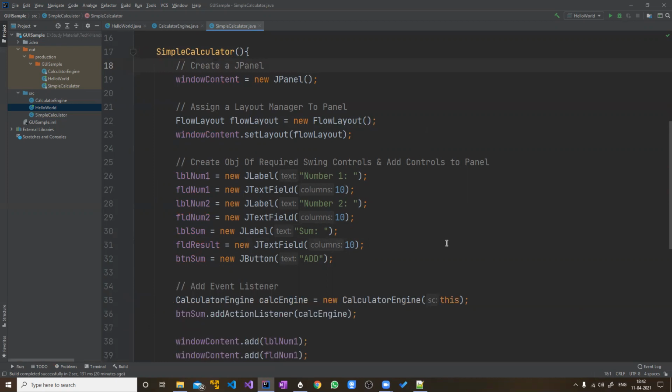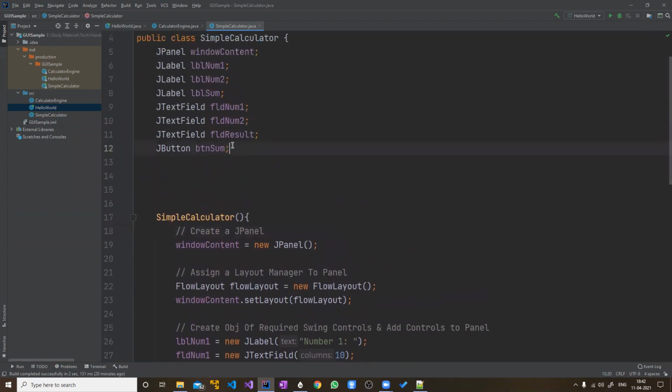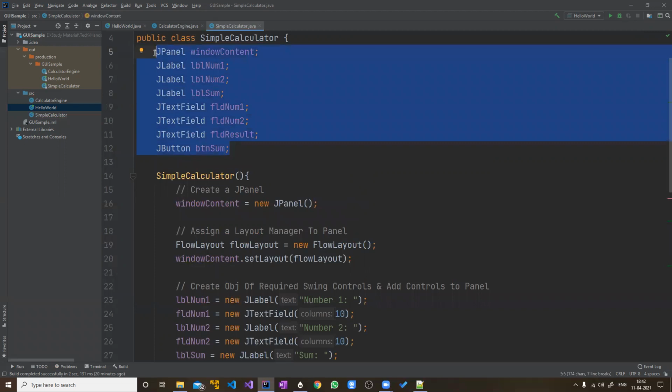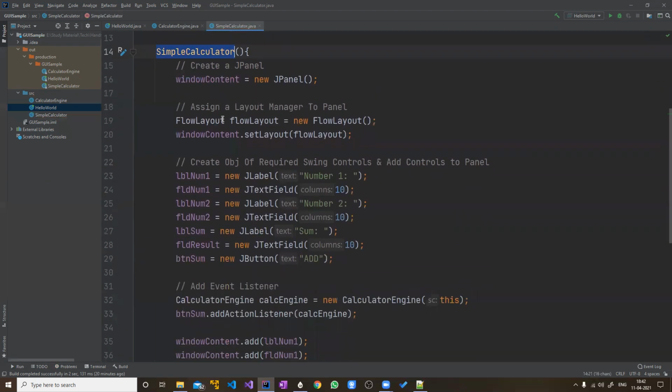Do you have any confusion here? Now there is no main. So now these are object variables because there is no static keyword. And because these are objects, we have to initialize them. So in the simple calculator method, which is nothing but the constructor method, we are doing the same thing.